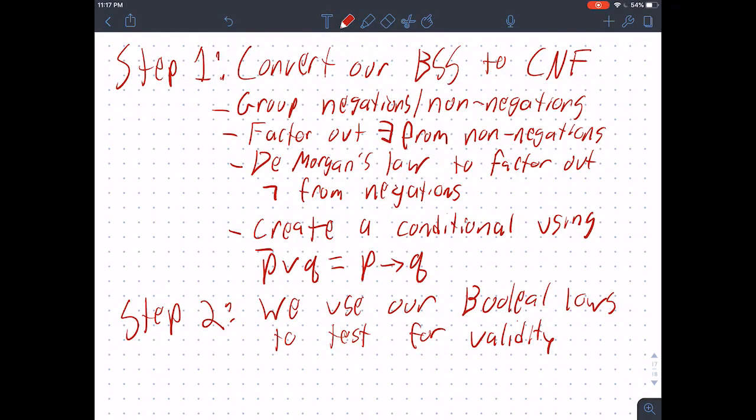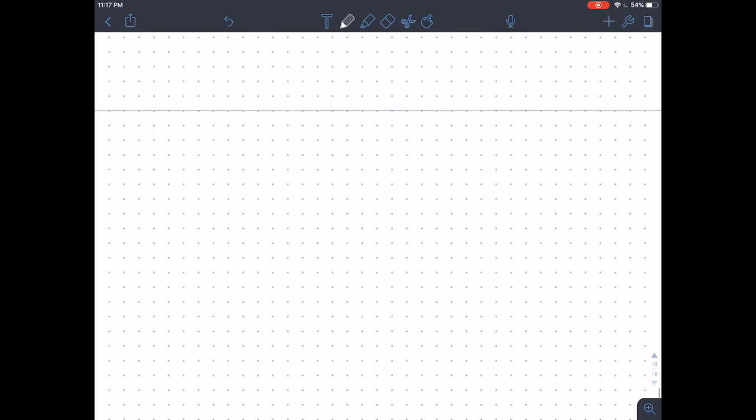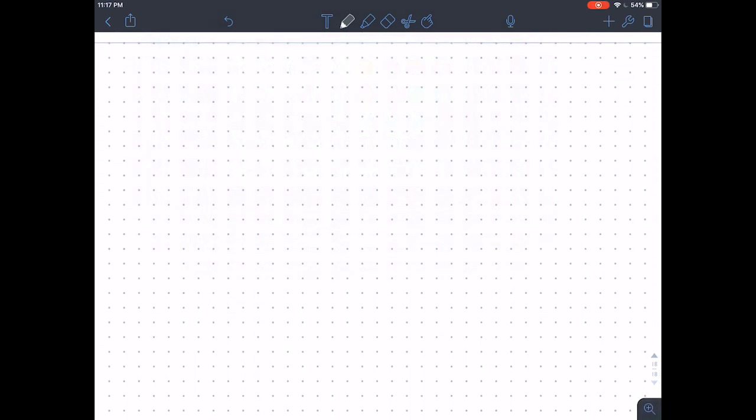So for some of them, you won't actually need to do all of the steps in step 1, because you might convert to conjunctive normal form and you don't get any negated Boolean existence schemata, or it might just be a conjunction of non-negated or negated ones, right? So this is kind of the most you'll have to do. So let's just work through a few more examples of these. So the first example, I'm going to give these to you as arguments, is